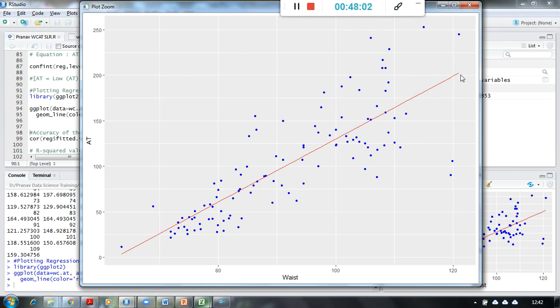Now the idea behind this is what we call the sum of squared errors, or ordinary least squares. The line has been predicted so that the squared error is least. Why square? Because some errors are negative and some are positive, and that is why I am squaring them. So instead of any other line I could have plotted, this line gives me the least possible error as far as this model is concerned.